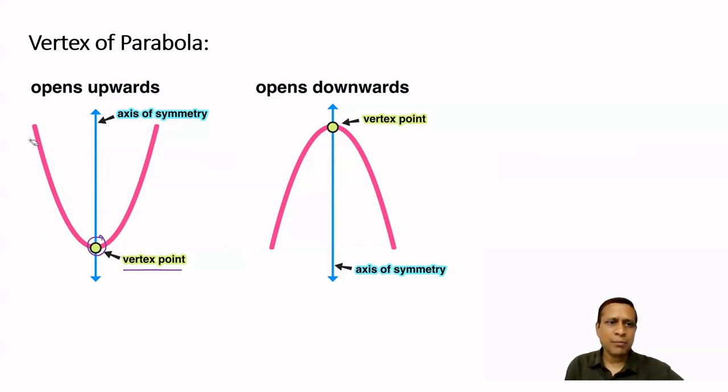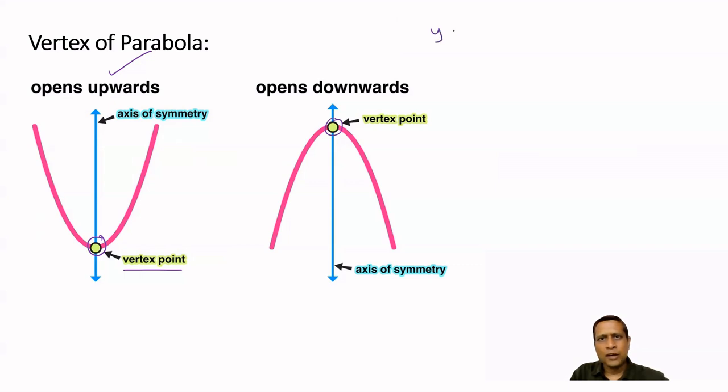Now, a parabola can open upward or open downward. So here this is the vertex and here this is the vertex. The question is, when do we have an upward-opening parabola and when do we have a downward-opening parabola? So see,